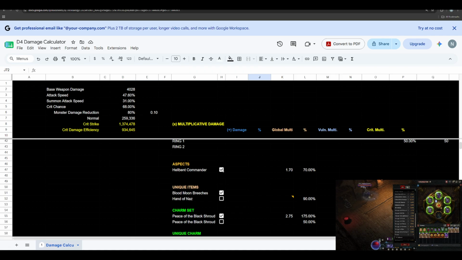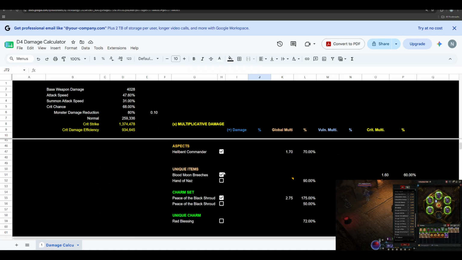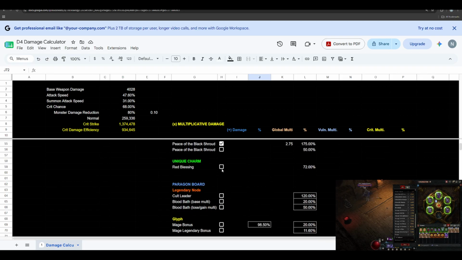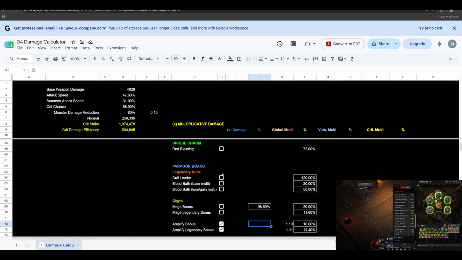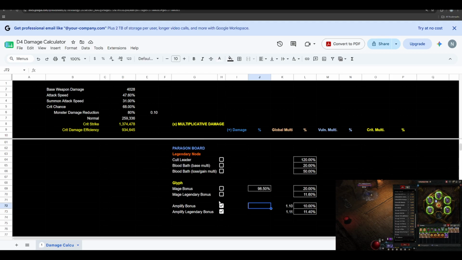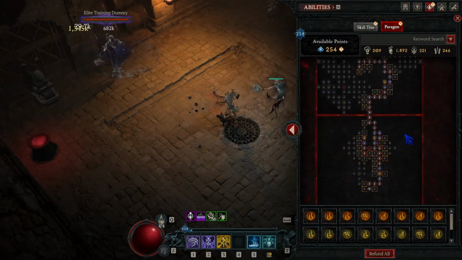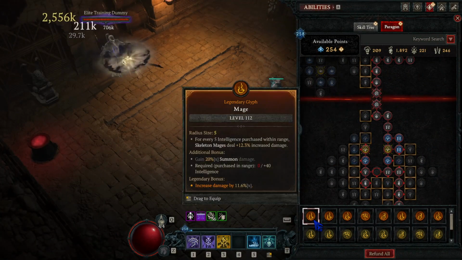We're wearing the Hellbent Commander now on our offhand. We are wearing the Blood Moon Breeches. We have turned on the Black Shroud. Red Blessing, we're not going to do Overpower. Cult Leader, nothing, except we're just going to equip it to show that the Amplify bonus is going to work. So we have 10 and then 11.4 on the Legendary bonus. So that Legendary bonus is coming from, if we apply it here,